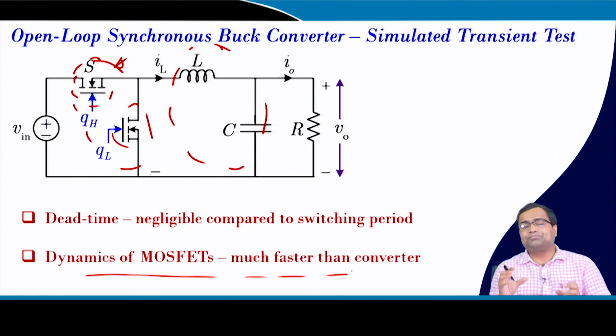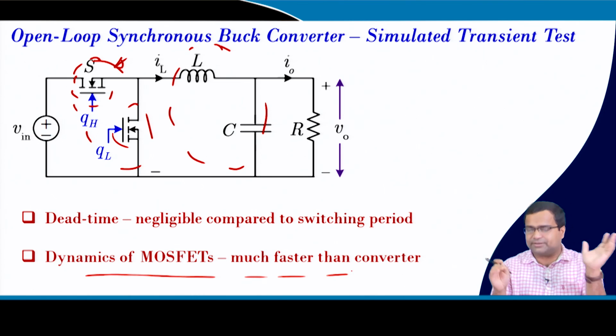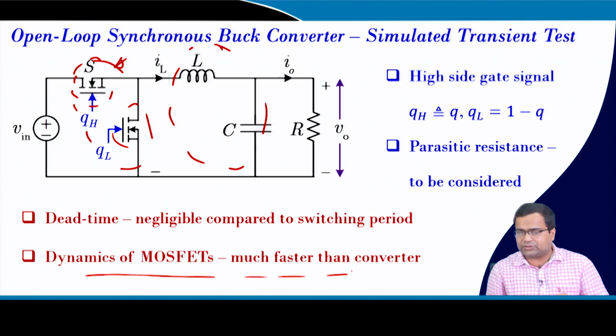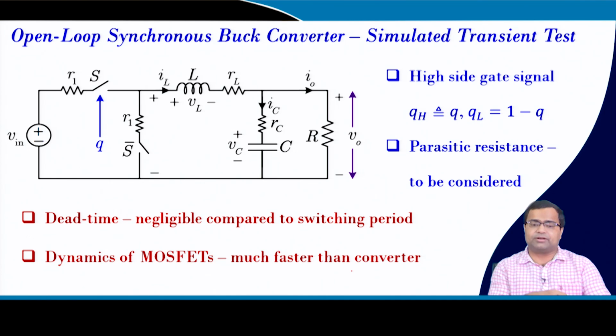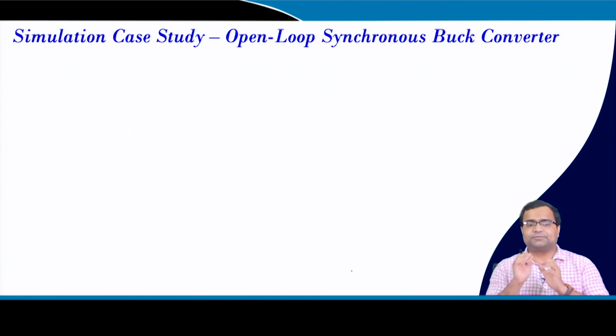Under such consideration, we can ignore the dynamics of the MOSFET, because once we derive the small signal model, we will see the MOSFET dynamics are so fast. The small signal model does not require you to incorporate that model, as long as your rise times and fall times are only a small fraction of the time period. So we are taking just a single switch with its parasitic components rather than the dynamic components. This can be replaced by a parasitic model of a synchronous buck converter.